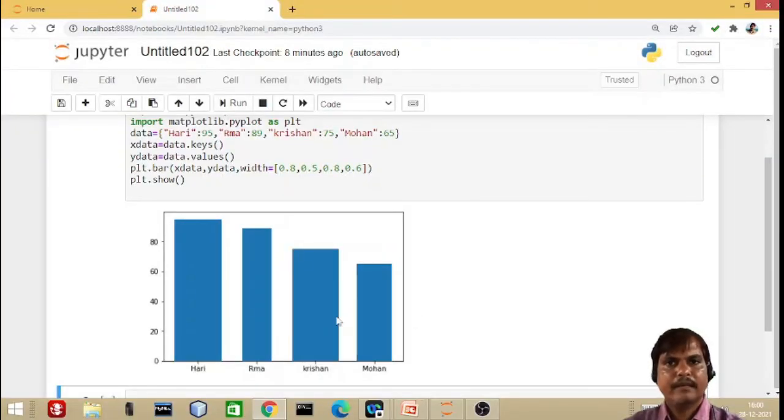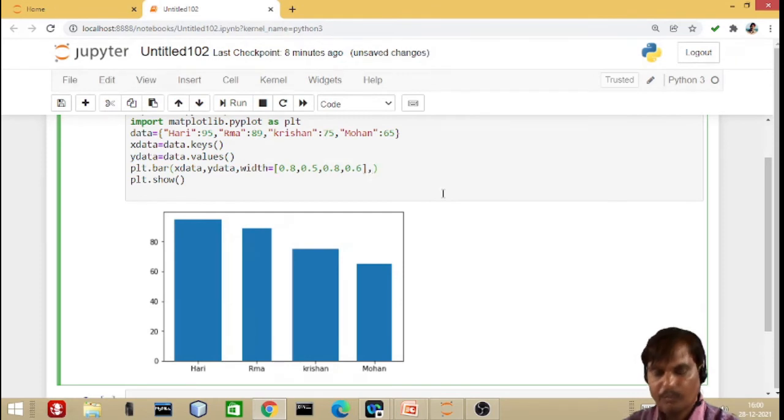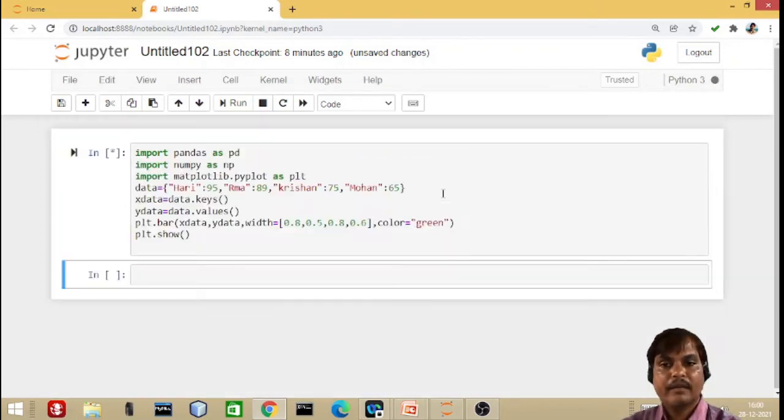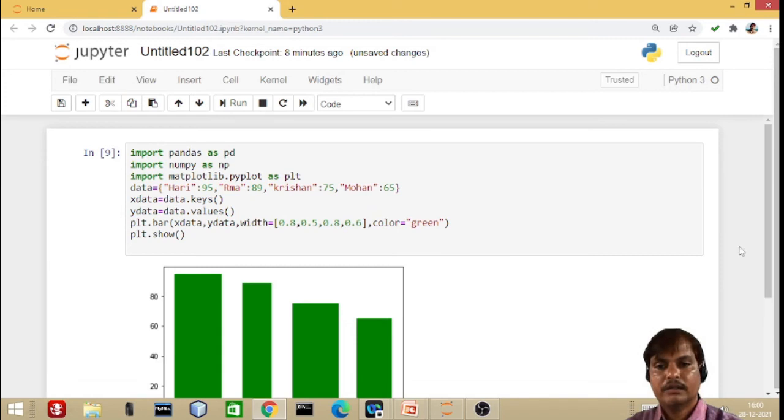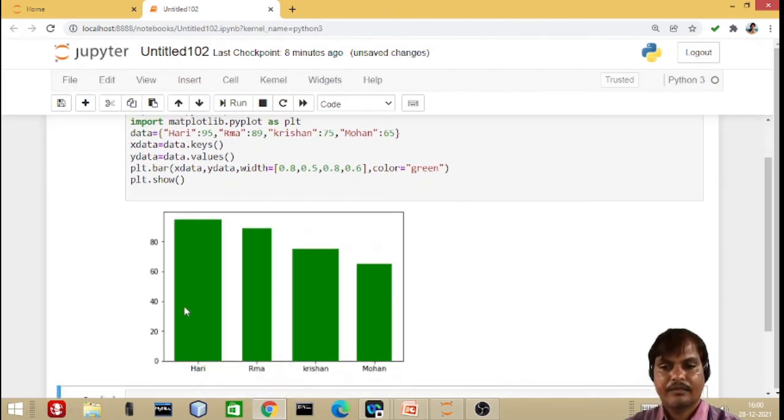Yes, come back to the same window, and here I am going to put color inside the plt.bar function only. Color, with this spelling, because the other spelling will show an error as Python has saved this as a default. Now for example, I want to give green color to all. The moment I run my program, I am getting all the bars generated with green color. Are you able to see?